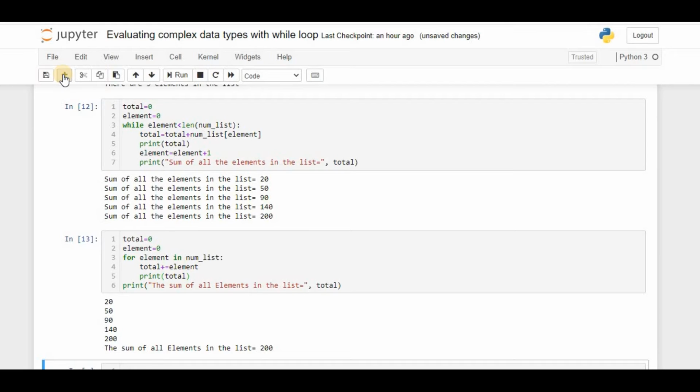But within the while loop condition, we don't check whether count is less than the length of the list. Instead we specify an arbitrary value: count should be less than 10. We ensure that the while loop iteration will continue even when the value of count goes beyond 7. I am going to give only 7 values, but in my condition I am giving 10. If count is less than 10, the while loop is going to iterate even when the list items are not there. Now we'll see what is going to happen.